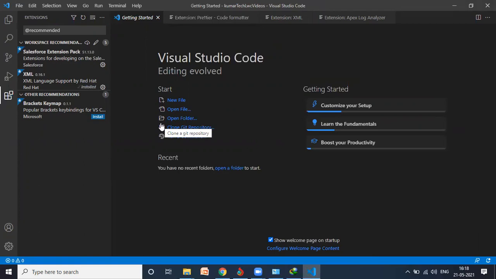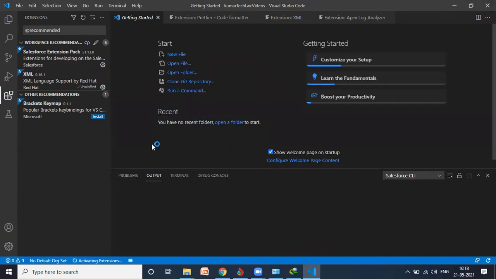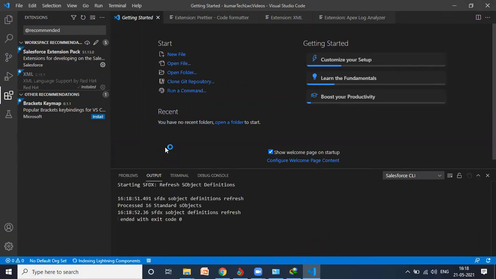Okay. Now, if I'm going to code, all my code is going to be stored in that F drive under that folder. Fine. Now the question is, if you code, will it be stored in your system? The answer is no. It will be stored in your Salesforce org. So it's very important that now I need to sync my Visual Studio with my Salesforce org.